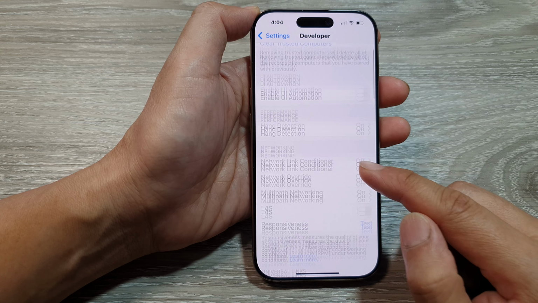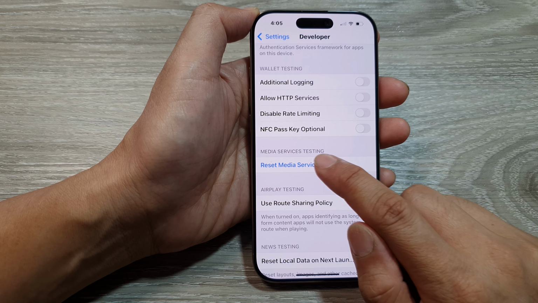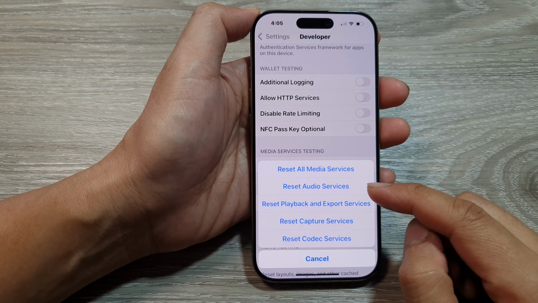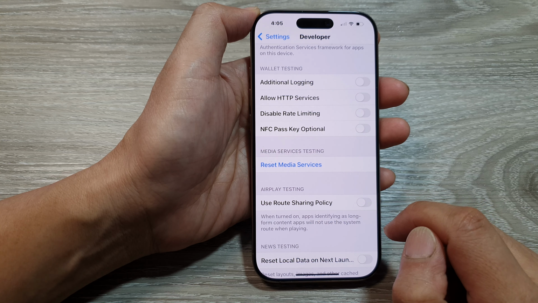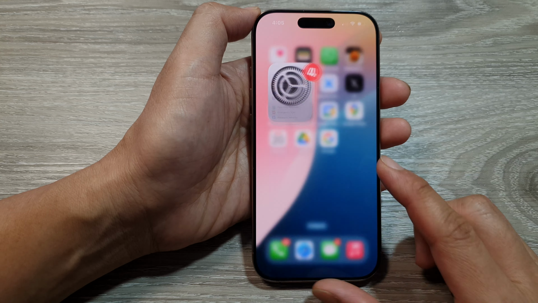After that, scroll down, then tap on Reset Media Services. And in here, you can choose what you want to reset. So you can reset all media services. And that's it. After that, you can tap on the back key or swipe up to go back to the